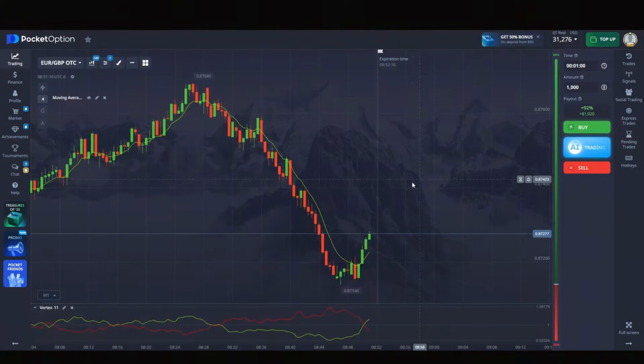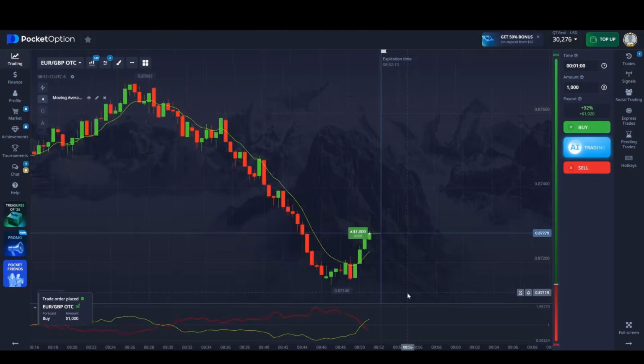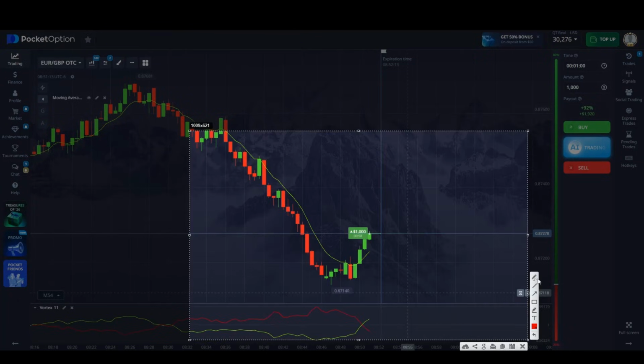Here we are, the second example. We opened it for an upward trade. Let's see why. The green vortex line crossed the red one from below, plus it's above the moving average. I'd even add that we can make a trade here. The line crossed the other line from below upwards. So if you see that the green line is just crossing the red one, you can already place an upward trade. But you can also wait just a little longer, literally one more candle, and the signal will still be